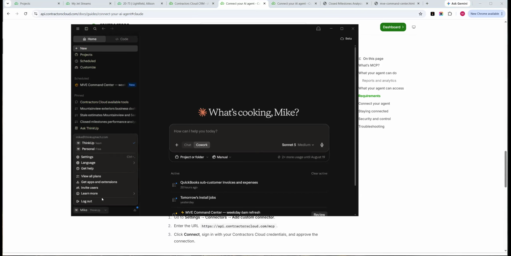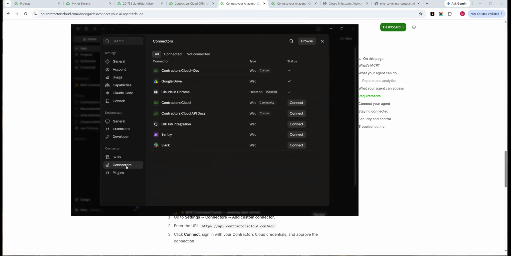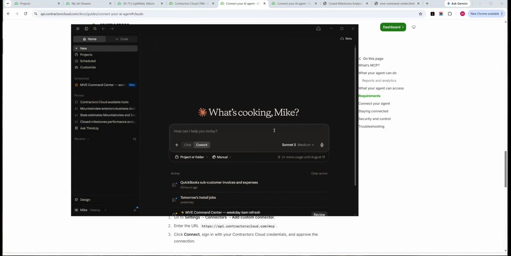Once you are into that actual AI agent, Claude, ChatGPT, generally those things are just going to land in your settings area, underneath your account, underneath your settings. And then a lot of times they're going to land in what they call connectors. So you can browse and search for Contractors Cloud. You can add a custom one and paste that URL. That gets you to the starting point of, hey, my Contractors Cloud is now connected to my Claude. That means Claude can do things on behalf of me